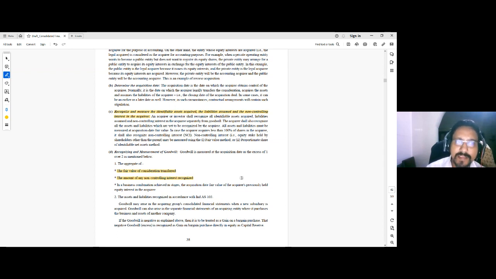When we find that the aggregate in step 1 is higher than step 2, what does it mean? It means the amount that I have paid and the amount the non-controlling interest holders have paid to get control of the organization is higher than the net assets attributable to us. That is, we have paid